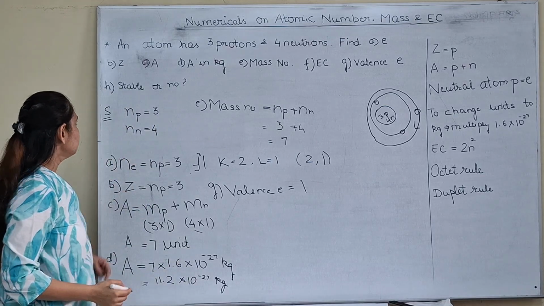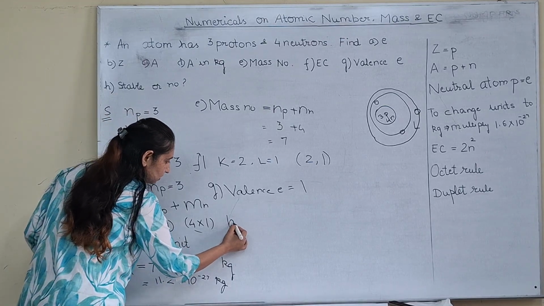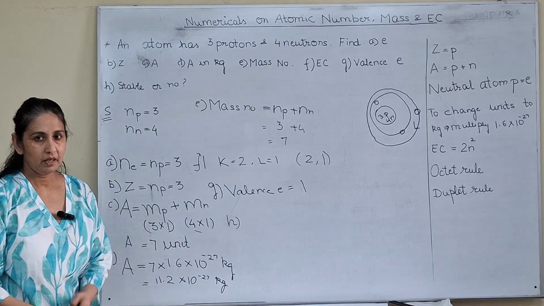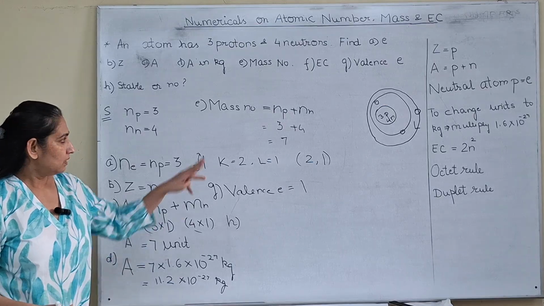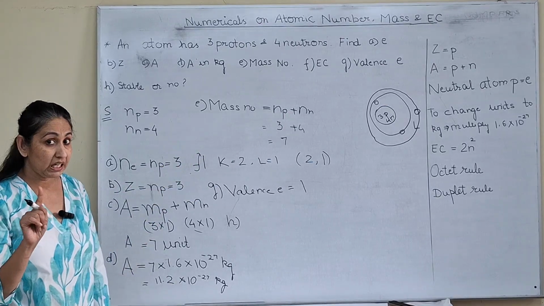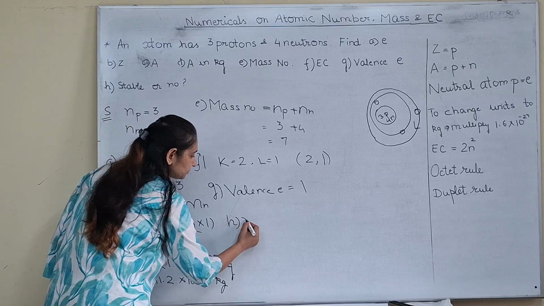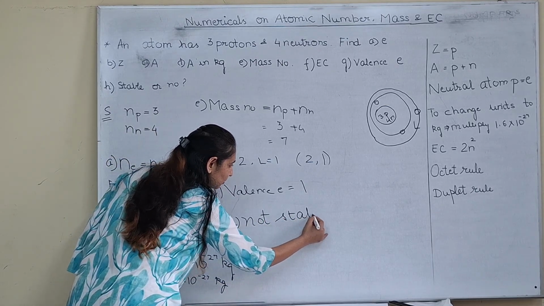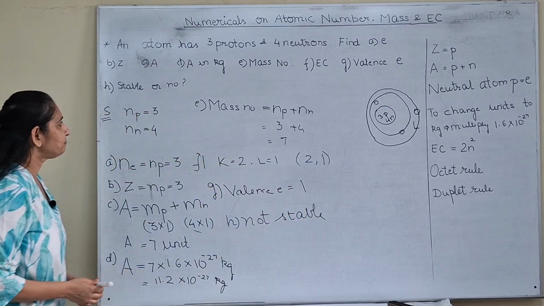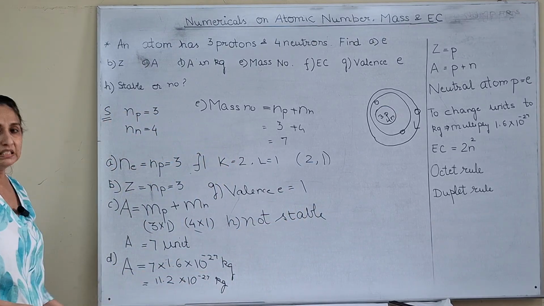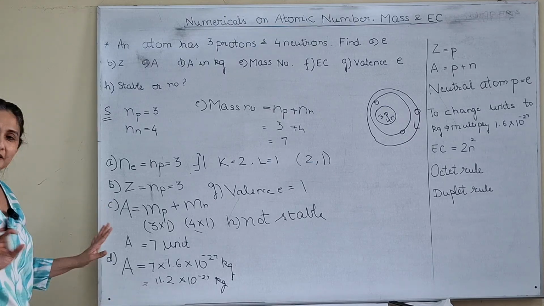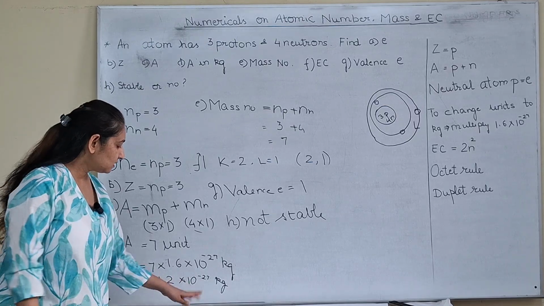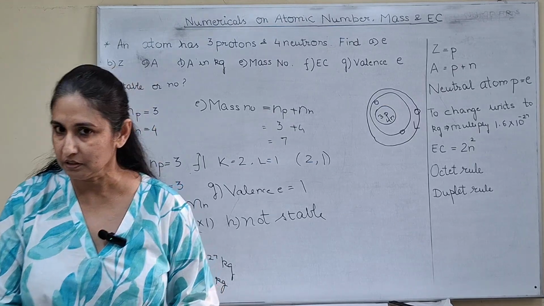Okay, now is this stable or not? I just discussed, when is an atom stable? Last shell with 8 electrons, so exactly 8. Here the last shell does not have 8, it has only 1, so this will not be stable. Not stable. So that's how you finish this question, and you can see how easy it is. We just did 3 + 4 and nothing else in this, right? So I'll just switch off the video, write the second question and be back.